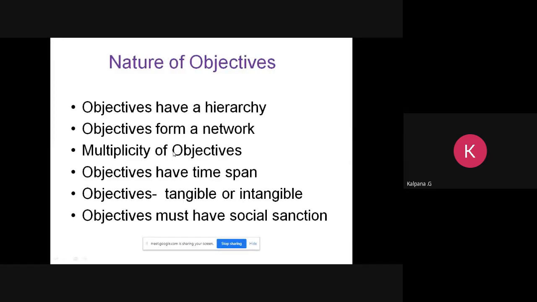Then the third point is all about multiplicity of objectives. When we talk about multiplicity of objectives, say for example, let us consider an educational institution as an example. In that case, what will be the main objectives? The main objectives will be education and research. In any educational institution or a university, providing education and doing research will be the main objectives, isn't it? We should not just stop with those two objectives. We should also look into providing training and placement for the students, providing excellent infrastructure, and interacting with the industries.